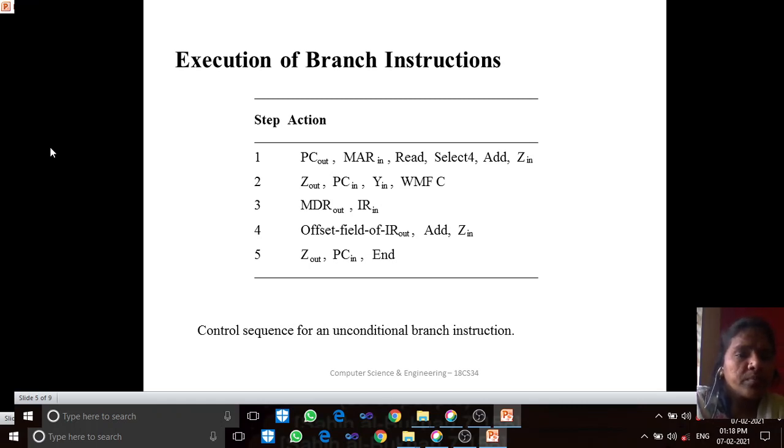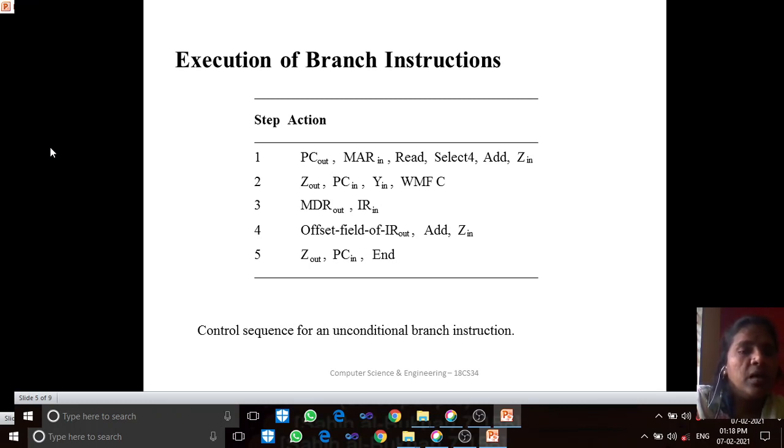After the addition, using the mux, ALU and mux, the result will be stored in the Z in temporary register. From there it will be transmitted to the system bus. Z out will be enabled in step 2 and it will be transmitted into the PC in.